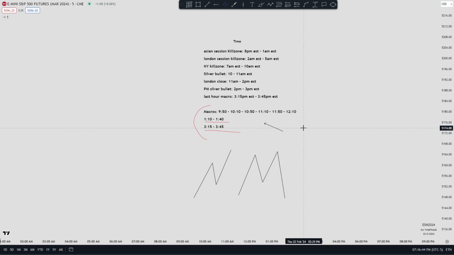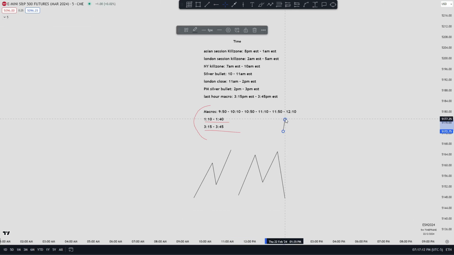If you're working retail or maybe at a restaurant, there's a time that you clock in and a time that you clock out. During that period, you understand this is rush hour, right? You guys know what rush hour is? When a lot of traction or traffic picks up. This is exactly how you can think of a macro. During these times, the market becomes very volatile and traction starts to pick up.